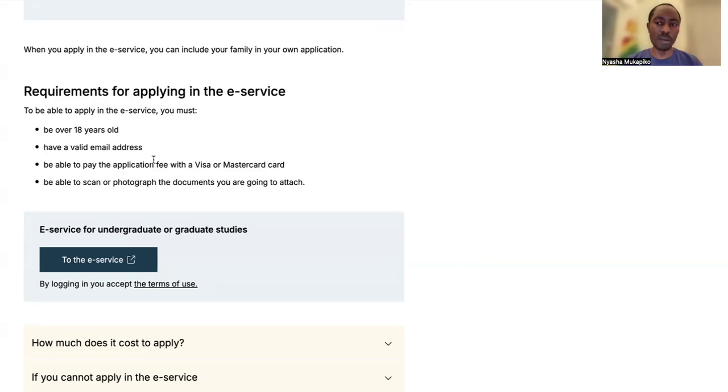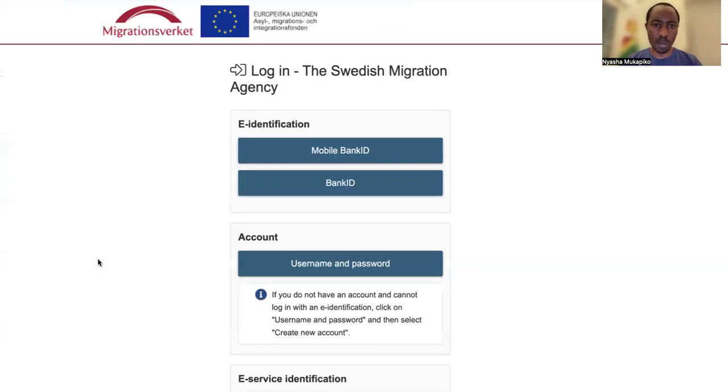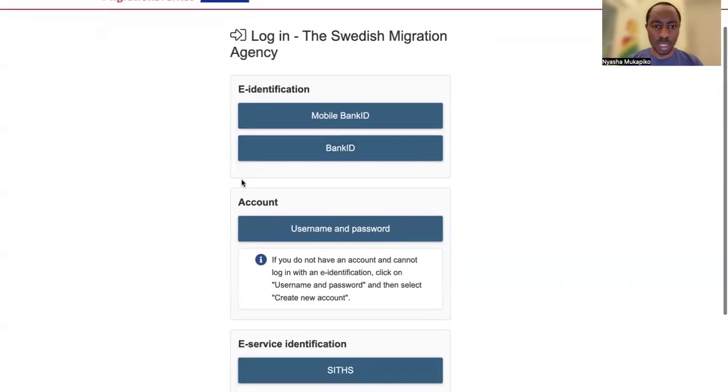So you are already covered. So once you have read all this information, you will now click here to the e-service platform. Then you simply click here. Okay, and it will take you to this dashboard.